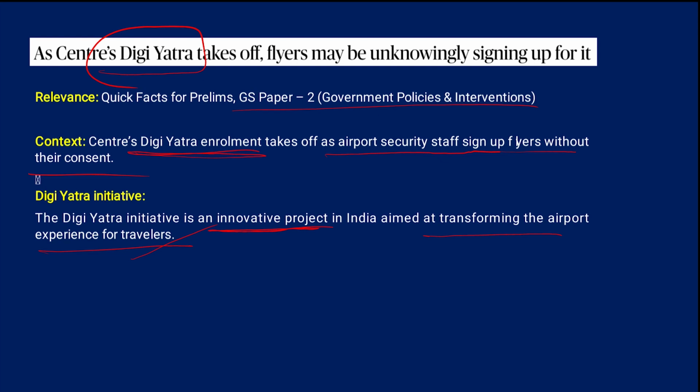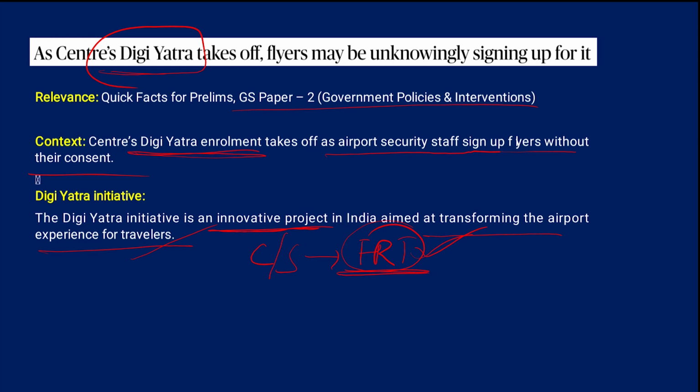So to minimize that and make the travelers move very freely without compromising on the security check, this Digi Yatra scheme has been introduced. The basic objective of Digi Yatra is that it enables contactless, seamless processing of passengers by a technology called facial recognition technology. No security forces are involved in the process. Contactless, seamless processing of passengers at airports happens with this facial recognition technology. So the travelers can move throughout the airports, throughout checkpoints, paperlessly and contactlessly by using this facial recognition technology.